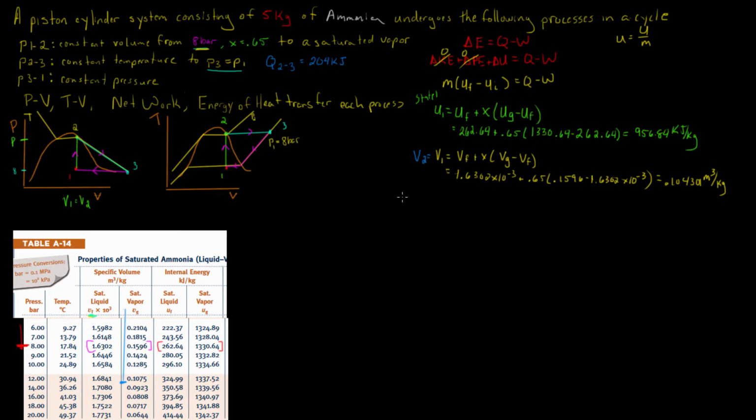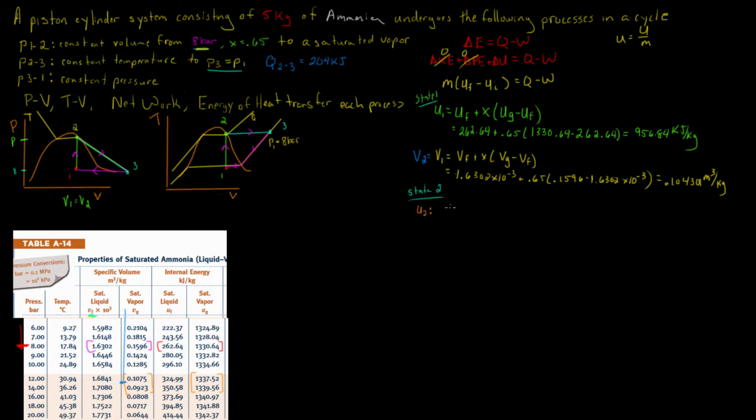What we're going to need to do is interpolate a little bit. And interpolating is not fun, but you'll get used to it after a while. We're going to interpolate between 12 and 14, so between these two numbers and these two numbers right here, because we want the saturated vapor internal energy. So we're going to find U2,